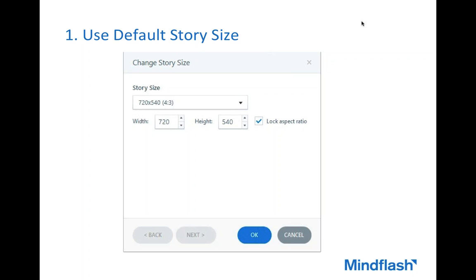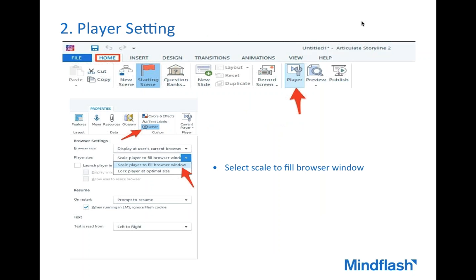And then going on to the next publishing setting is our player setting. This can be found on our Home tab as demonstrated on this first image. So you're going to click on the Home tab and select Player. And once we do that, a new window will appear. And the second image here, as it demonstrates, there's a cog wheel with the word Other that's highlighted in blue. And then right below that, you'll see Browser Settings. And then we're going to go to the drop-down menu for player size, and we want to select Scale Player